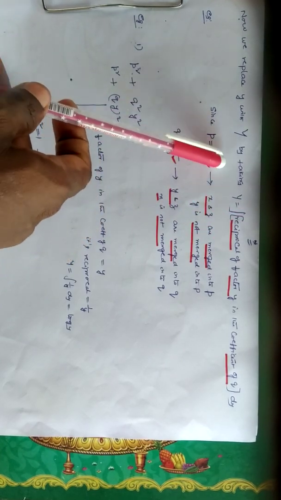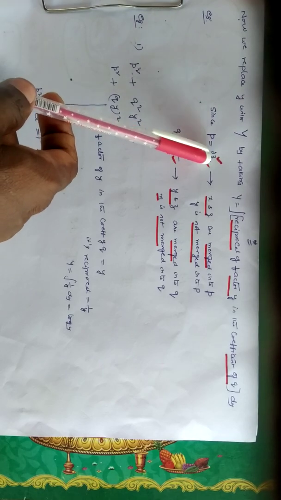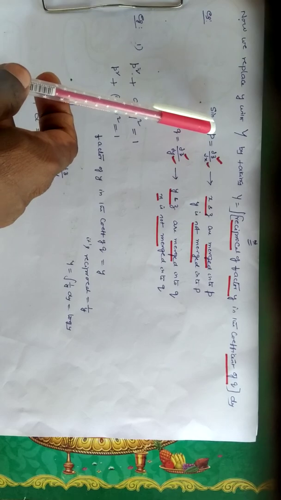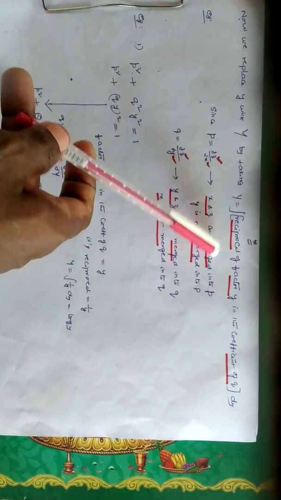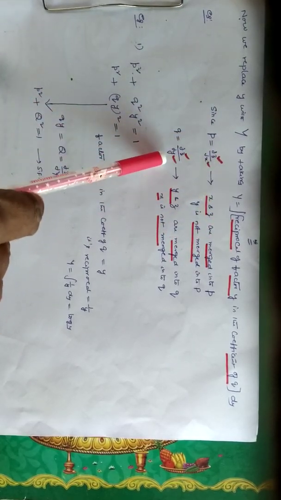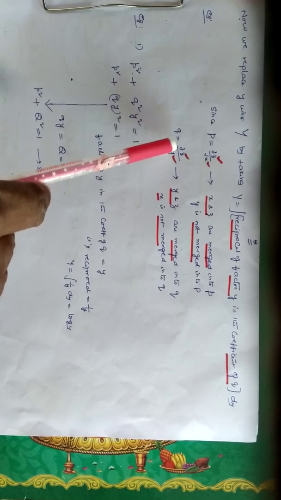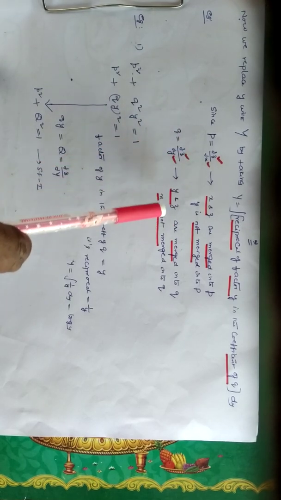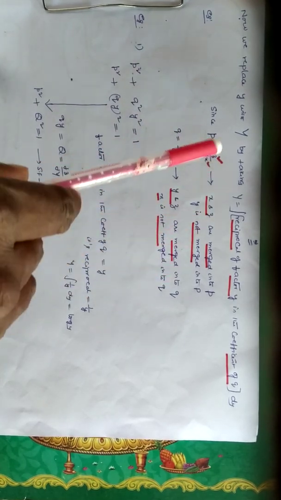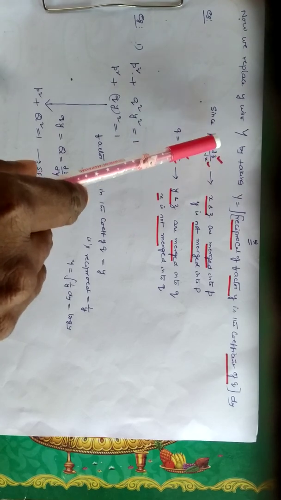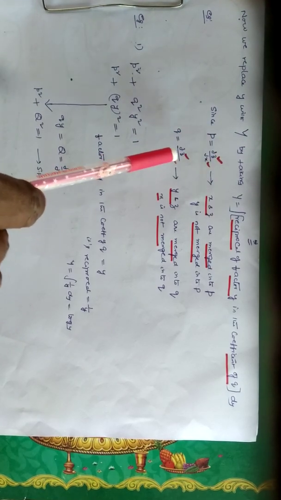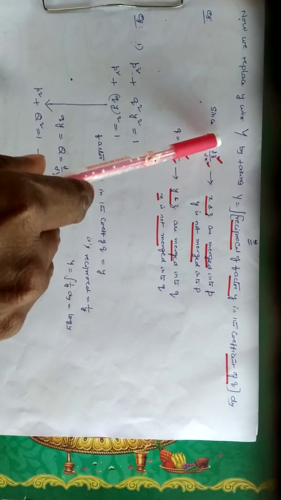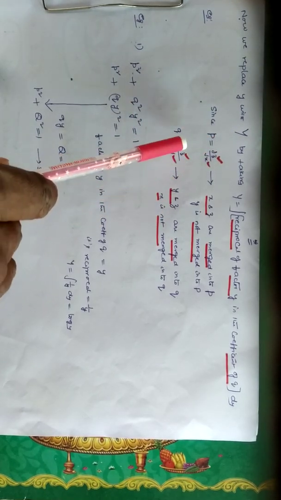Since small p equals dou z by dou x, we can merge x into small p and z into small p. We cannot merge y into small p. Since q equals dou z by dou y, we can merge the variable small y into q and small z into q, but x is not merged into q. That means we can merge both x and z into small p, and y and z into small q. We cannot merge y in small p and we cannot merge x in small q.